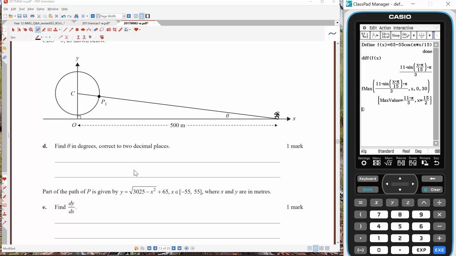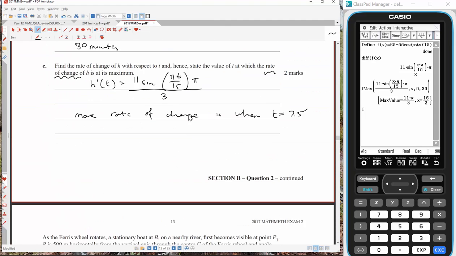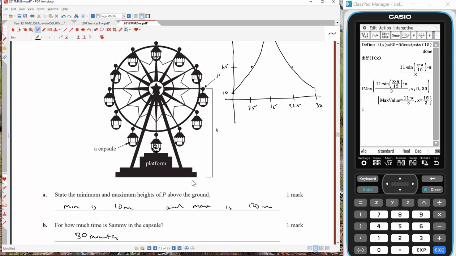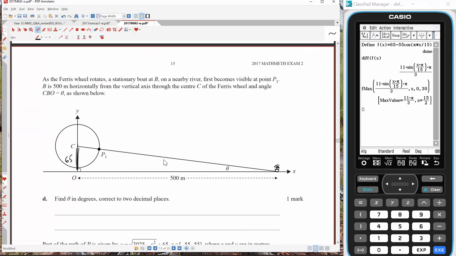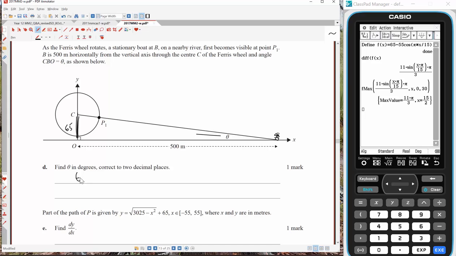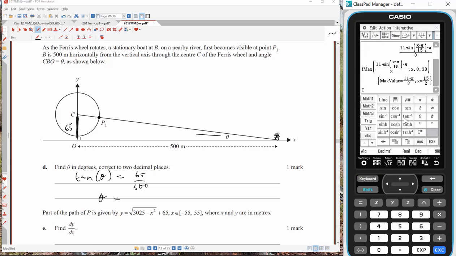All right, so let's jump into degrees and let's go for it. Okay, so what do I know? I know that this height here is going to be, so the vertical translation was 65, so that's going to be 65 off the ground. Let's just double check that. It's not 55, was it? Yeah, 65. And we've got 500. So to find theta I'm going to go opposite over adjacent. So tan theta equals 65 over 500. Theta equals the tan inverse. For 2 decimal places, it is keyboard trig inverse 65 over 500,